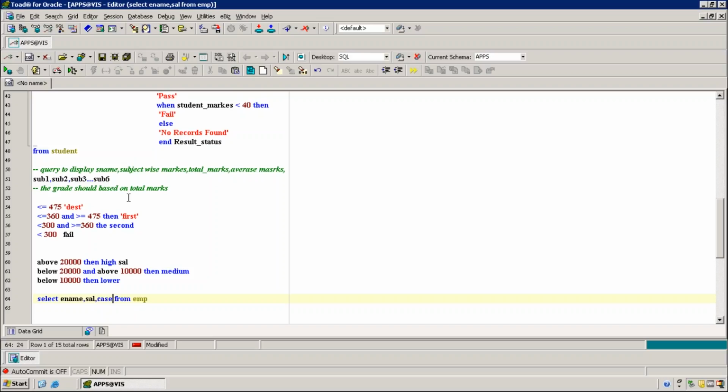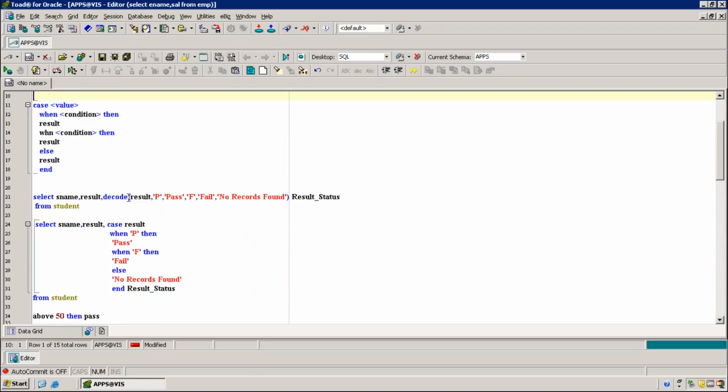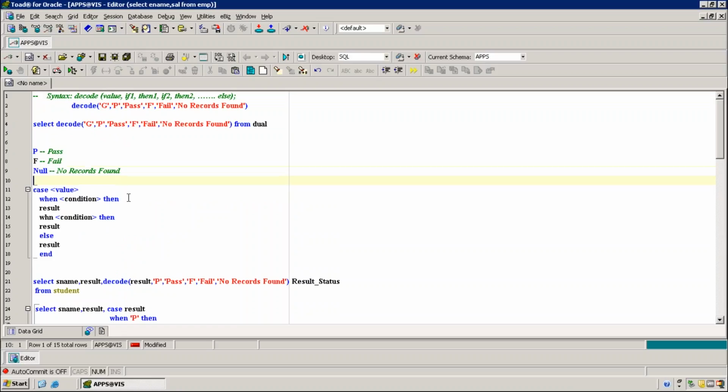Can you move this a bit upward? I want to see this case syntax. Can you just drop down a bit? You want to see the case syntax? Yeah, that's it. See now.